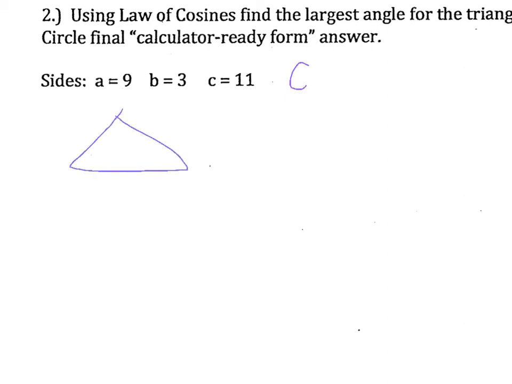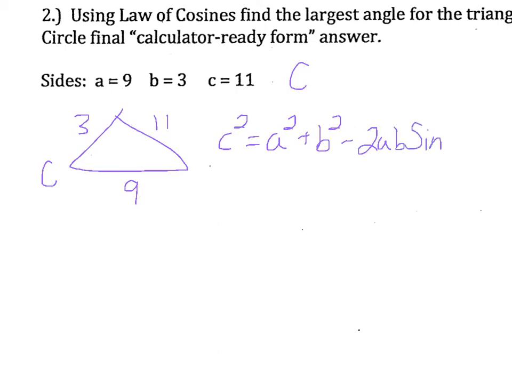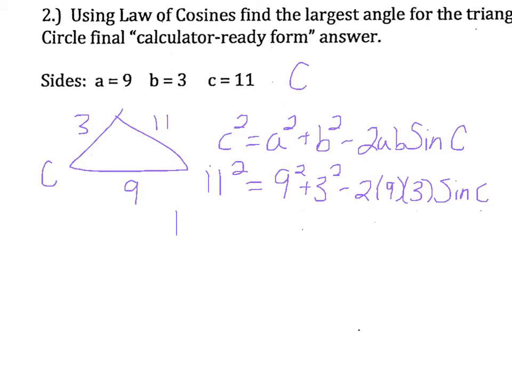So if we have a triangle with sides 11, 9, and 3, we can use law of cosines to find angle C. So we're going to use C squared equals A squared plus B squared minus 2AB cosine C. So 11 squared equals 9 squared plus 3 squared minus 2 times 9 times 3 times the cosine of C. So we have 121 equals 81 plus 9, so 90, minus 2 times 9,